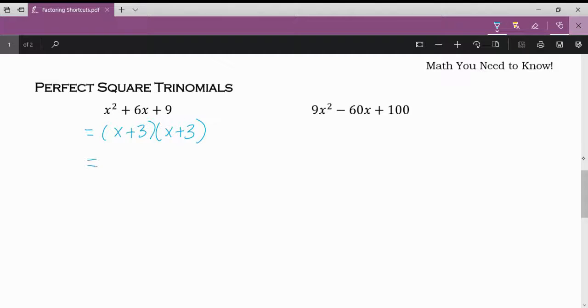The special thing about these trinomials is that you can write it as 1 bracket squared, because we have the exact same bracket. Now, the way you identify a perfect square trinomial is if the square root of the first term and the square root of the last term, if you multiply those and doubled it, you would get your middle term. So the square root of x squared is x. The square root of 9 is 3. And if you doubled that and multiplied them, so 2 times x times 3 is equal to 6x, which is our middle term. So it's harder to identify, and you might just end up using a different shortcut,